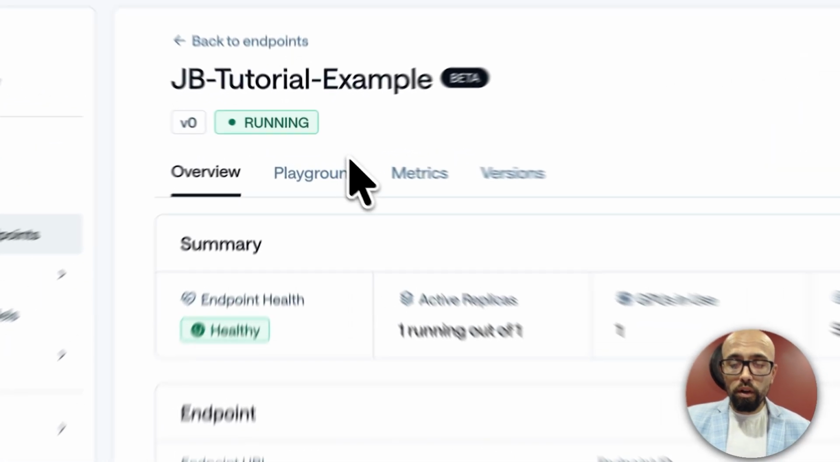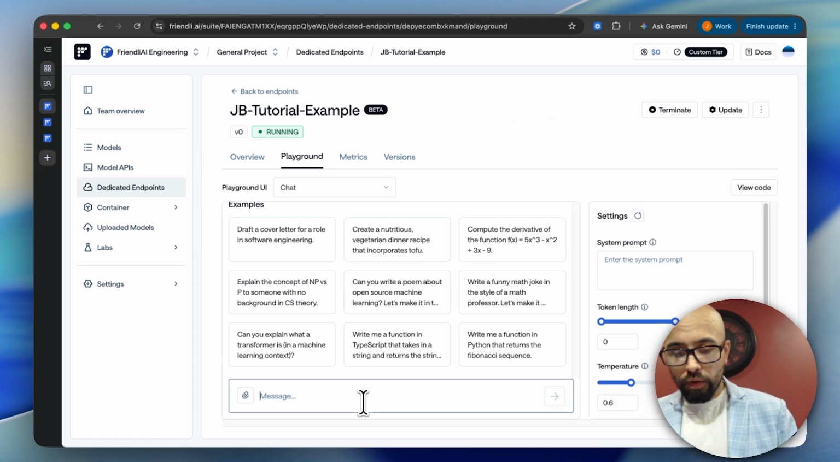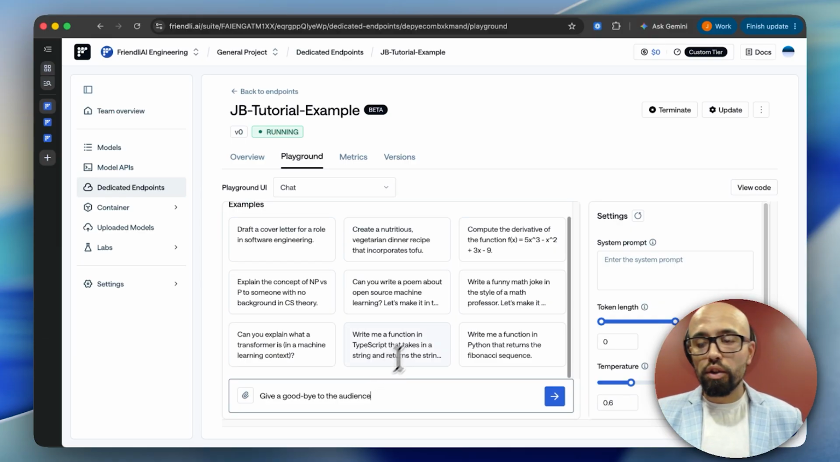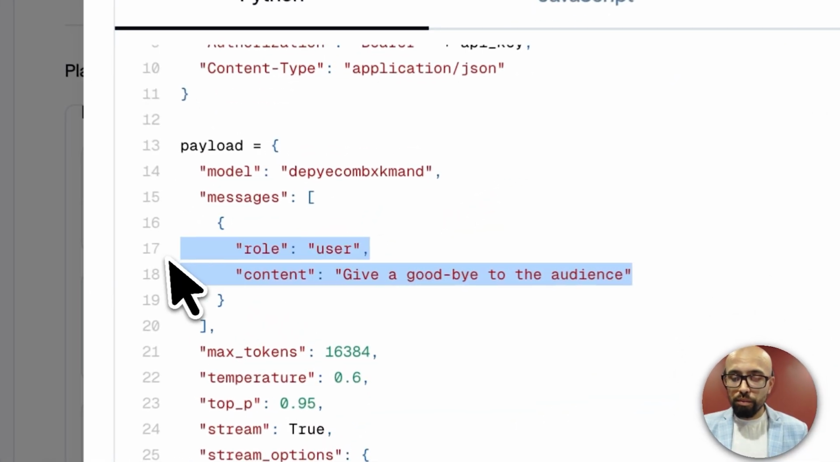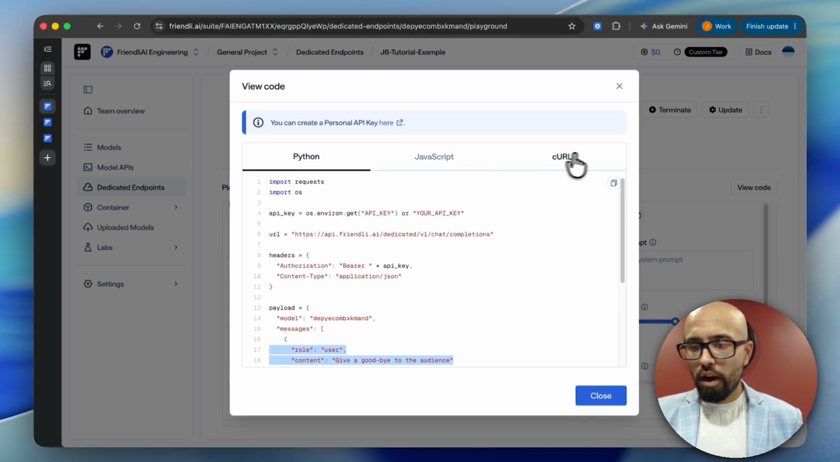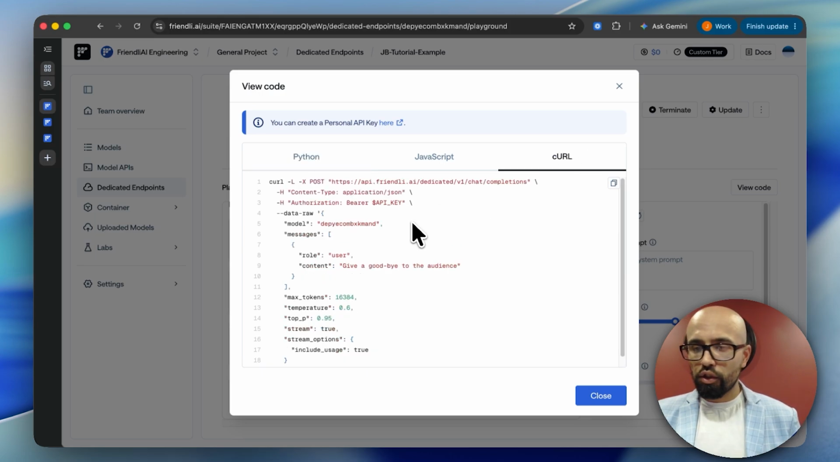So same as before, we're going to go into the playground here. We're going to give the model a prompt. Now, rather than hitting enter and sending this into the UI directly, we're going to instead hit view code. You'll notice that I have that same user prompt here in the request automatically. Instead of using Python, let's use a curl request just to show a different IDE